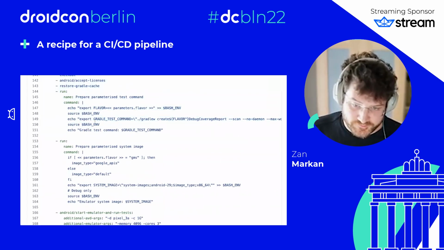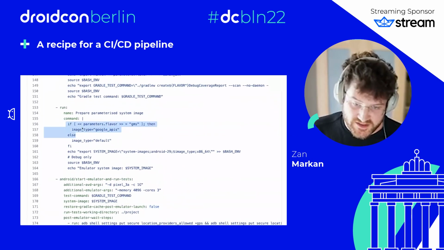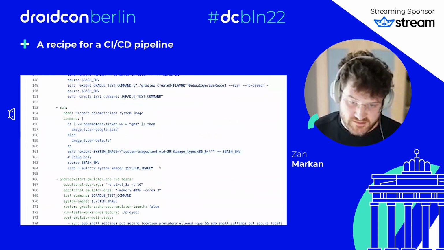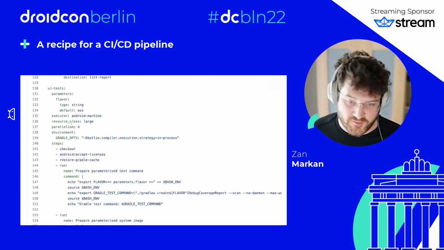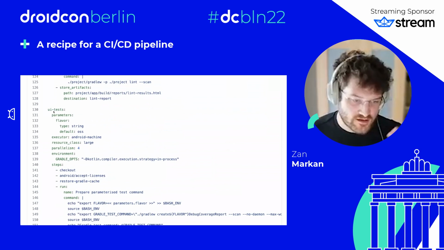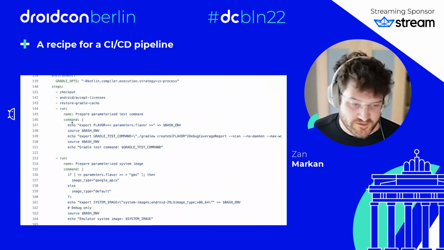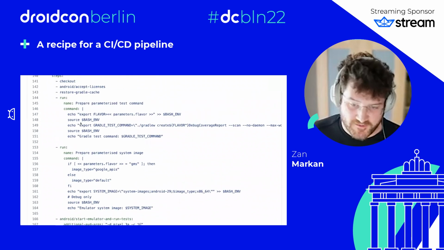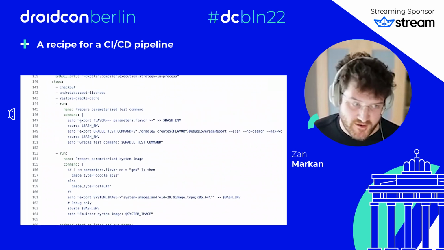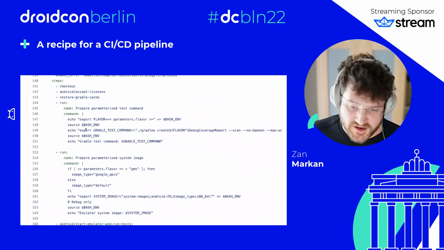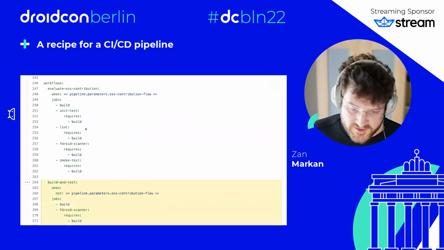And the same with system image. So you basically figure out according to the parameters, and these are evaluated on the CI itself. This is the most complex bit of CI configuration that you can have, but it's only for when you have multiple flavors. And then obviously that gets